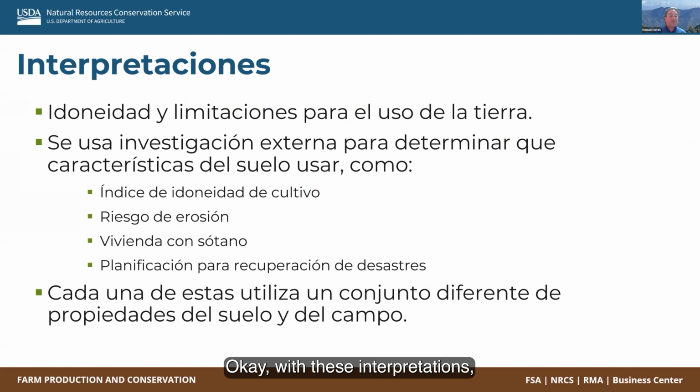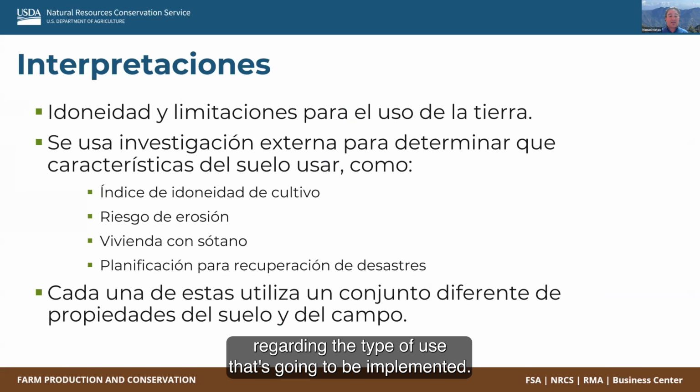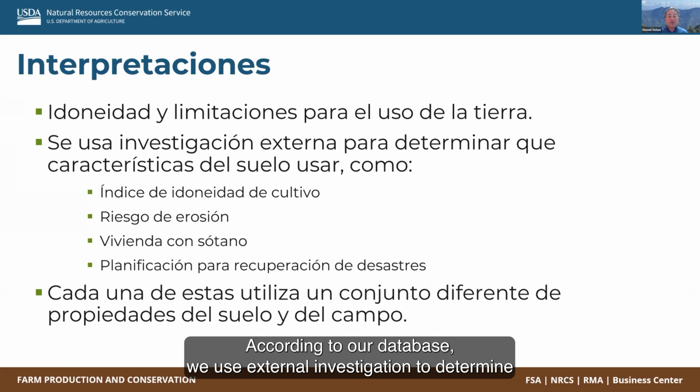Okay, with these interpretations, we then identify suitability, or how apt, but we try to look for the best word possible here. So how apt or what limitations those different places have regarding the type of use that's going to be implemented according to our database.